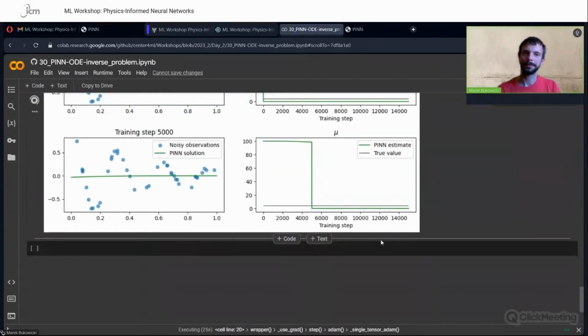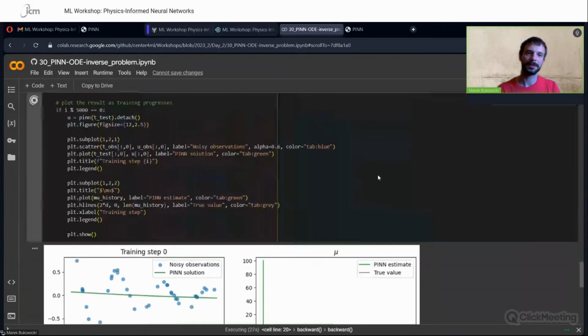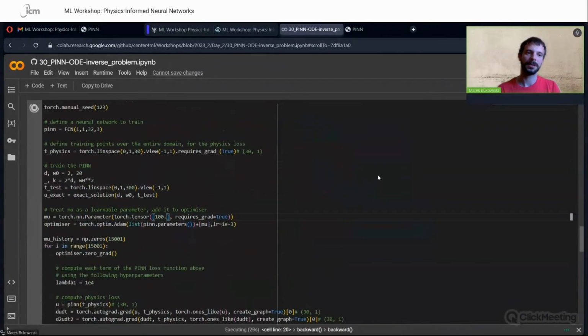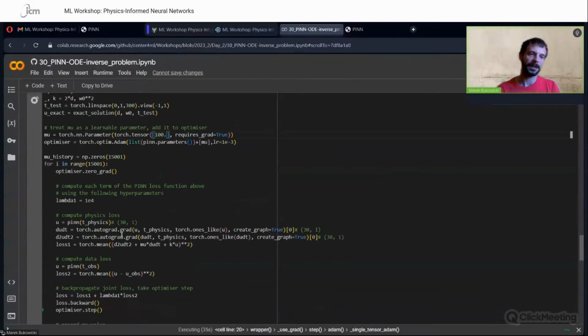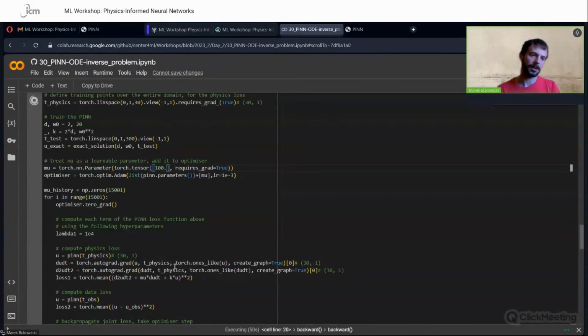Okay, so this is all in the second notebook, the last notebook I have. So here finally we had this typical combination of physics laws and data laws. You don't have an initial condition here. What you can do to play with